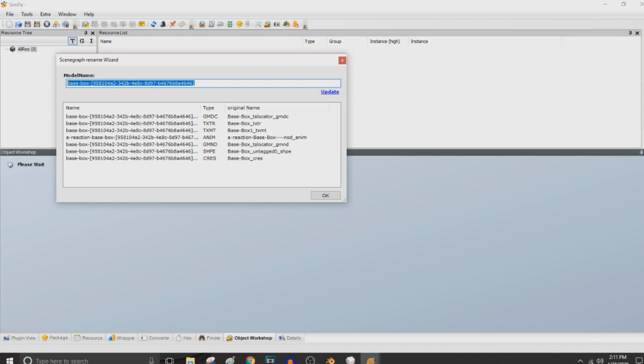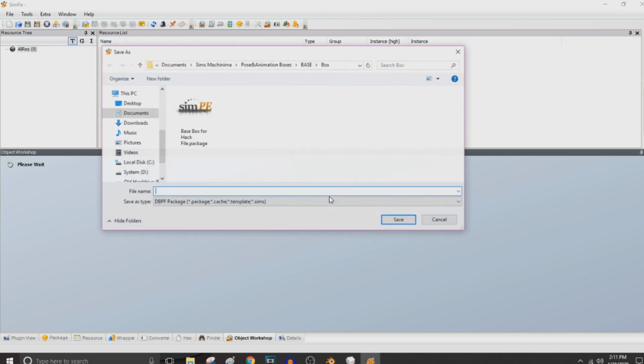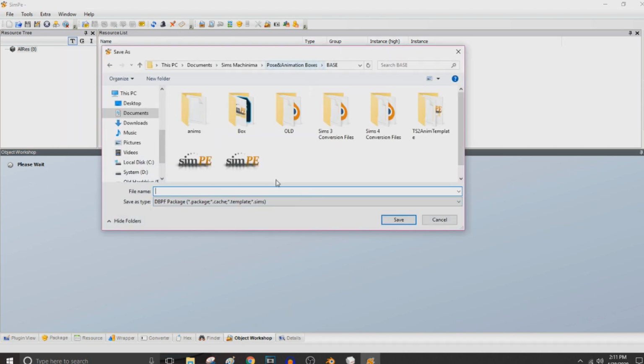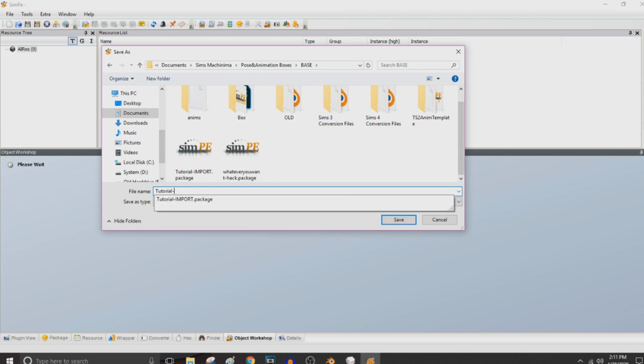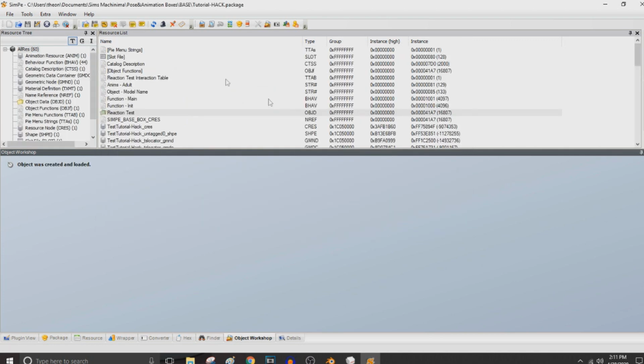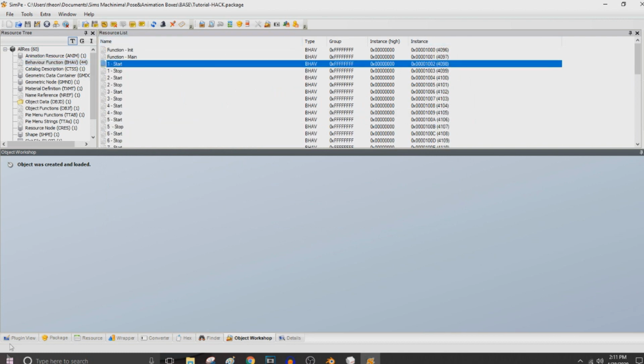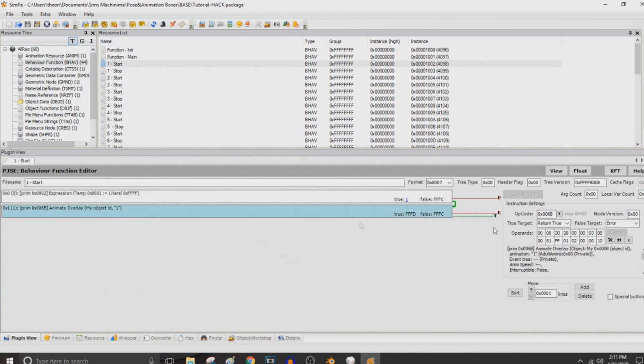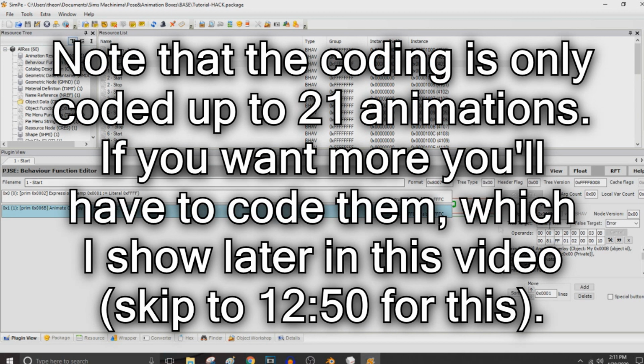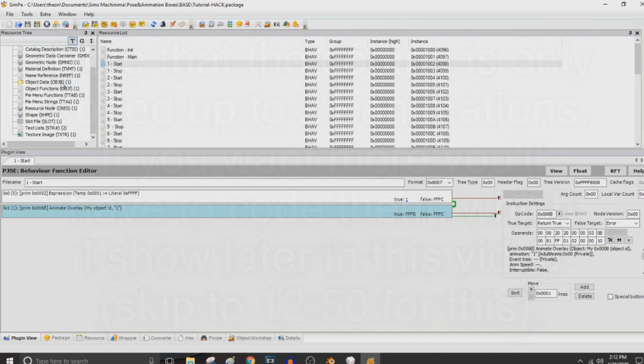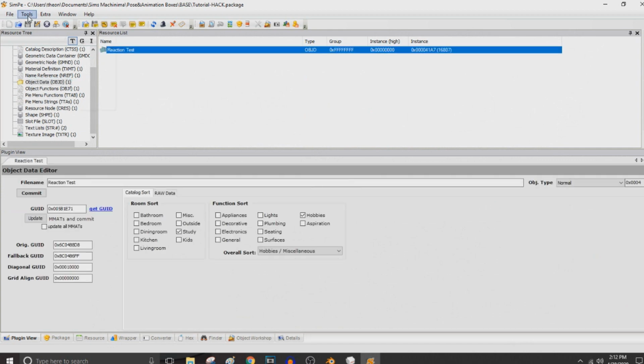And we're going to rename this, whatever you want it to be named. I'm going to press update, okay, and then we're going to save it. Tutorial hack, save. And so basically, as you can see through this, all of the coding is actually done for you. So you don't have to worry about all of this coding in the behavior functions or anything about that. What you do need to worry about is you need to go to object data,